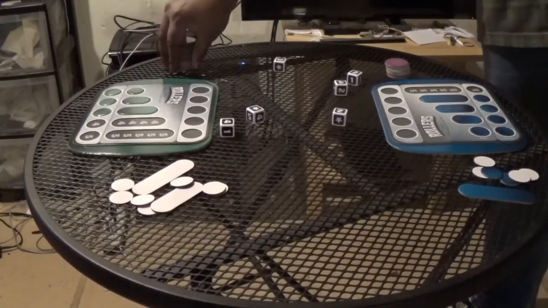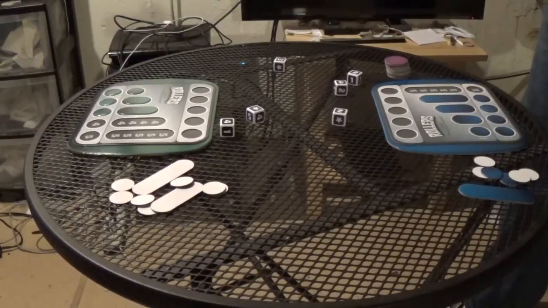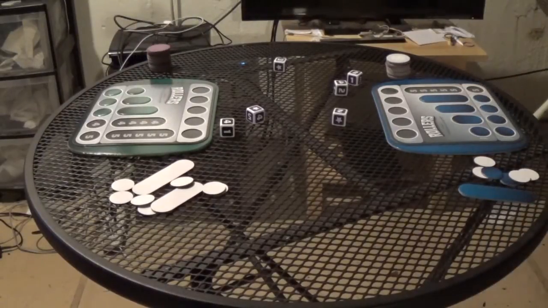So 12 chips goes on this side to the blue player. He can steal chips all he wants to. The blue can steal chips from the green because he got the 4 open. We go back to the green player. I'm going to do one more turn each, and then I'm going to tell y'all what happens if this